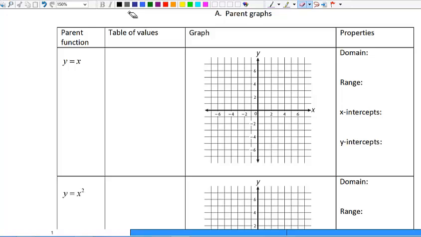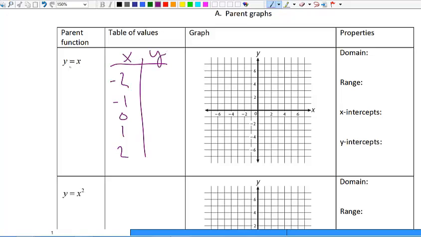Okay, our first topic is looking at parent graphs of various functions that you will encounter in a typical calculus class. The first technique we're going to look at is making ordered pairs. We're going to do a table of values for a graph, and we're going to pick a couple of negatives and a couple of positives